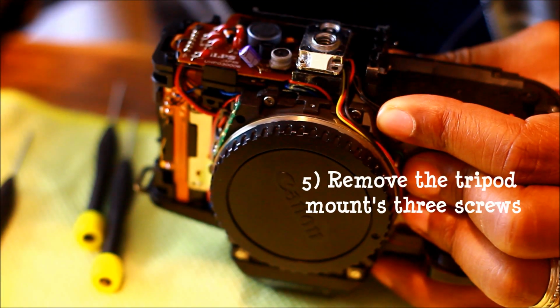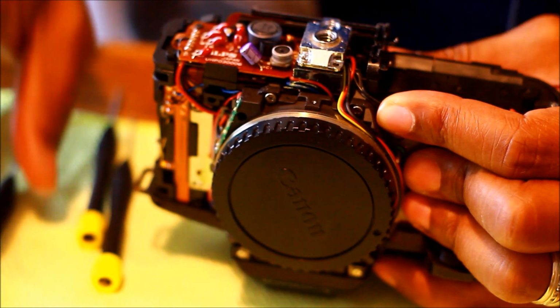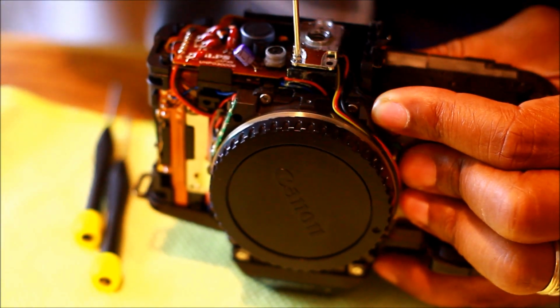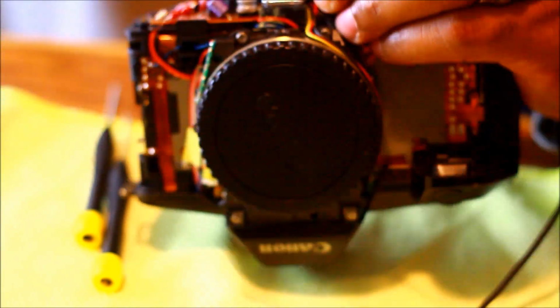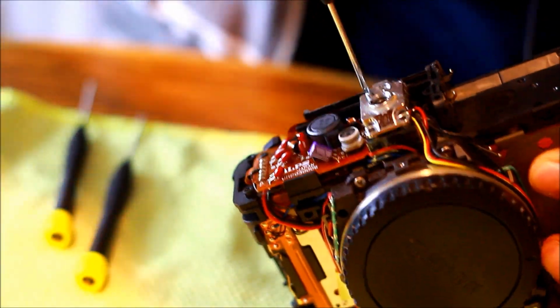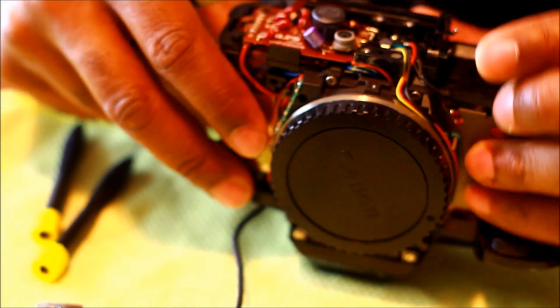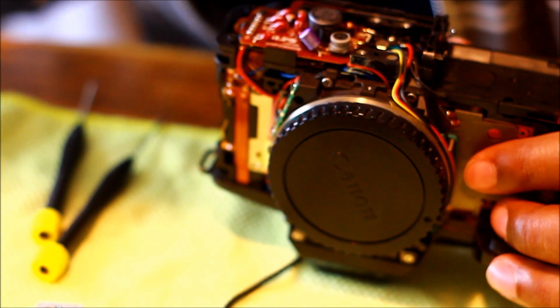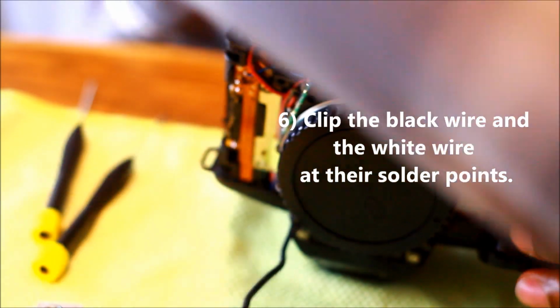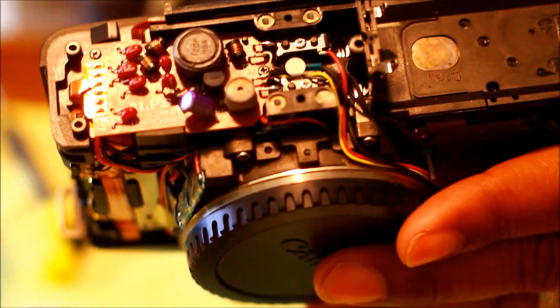Now the next thing to do is to remove the tripod mount, and we're almost there. And the tripod mount is off. So now what it tells you is to clip the black wire and the white wire at their solder points. Alright, so the black wire is here, the white wire is here. We're going to cut those two